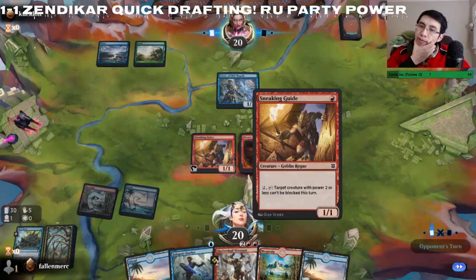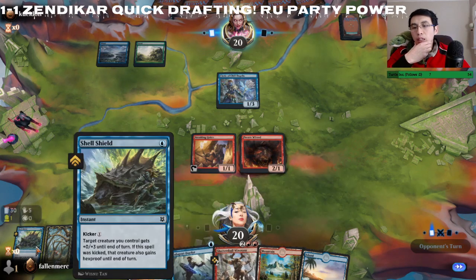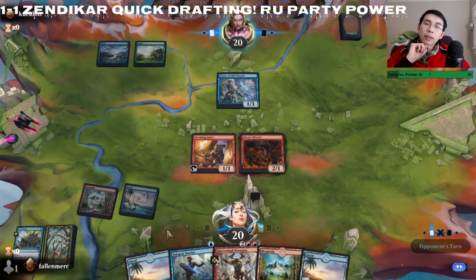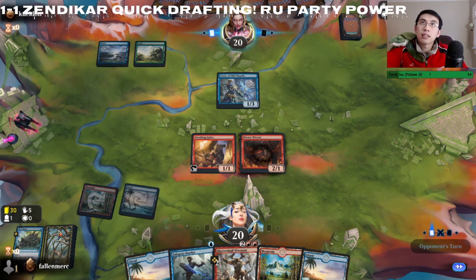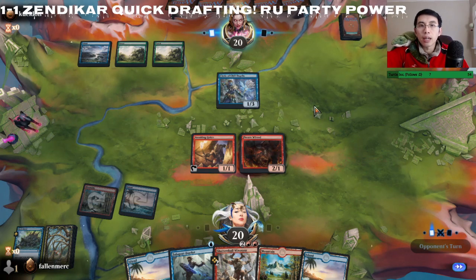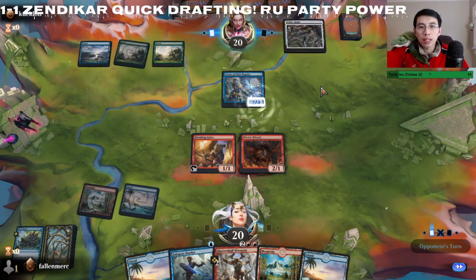Yeah, I guess in limited, the correct choice would have been to keep the Shell Shield and drop a land, because if you're running the standard 17 land default in a 40 card deck, you do have a reasonably high chance of drawing a land every turn throughout the entire game. It's almost 50-50 pretty much the entire time, so...